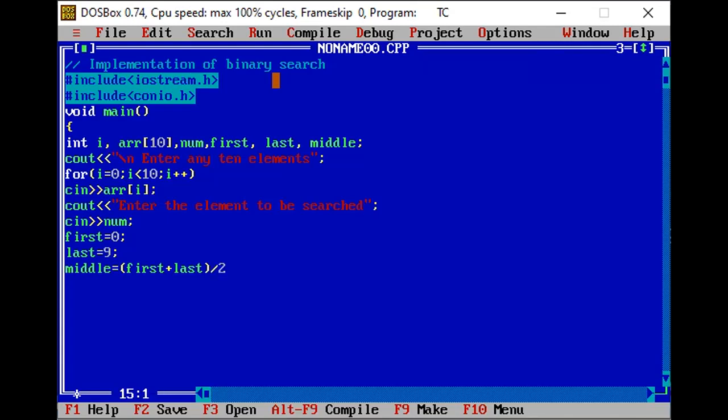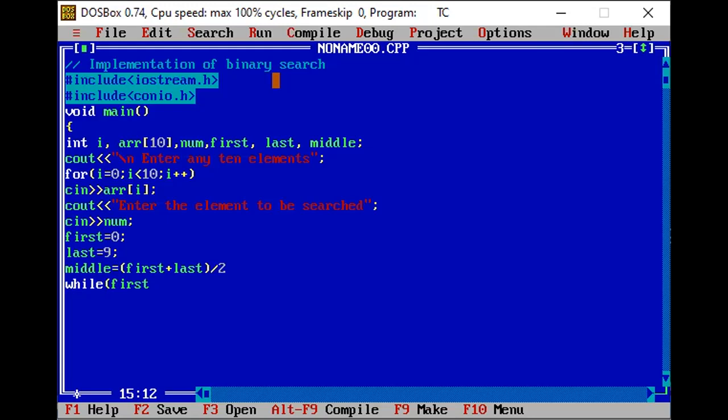Okay, so here we have a while loop, and we will run this loop till my first element remains less than or equal to the last element. That means it will traverse all those elements available in the array. In my case, I have a total of 10 elements over here.